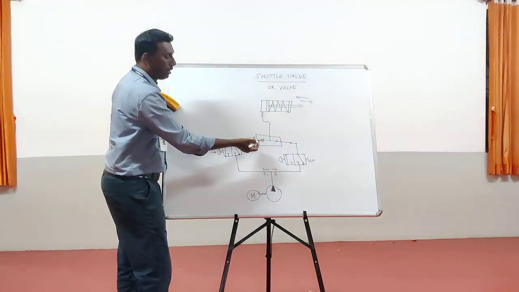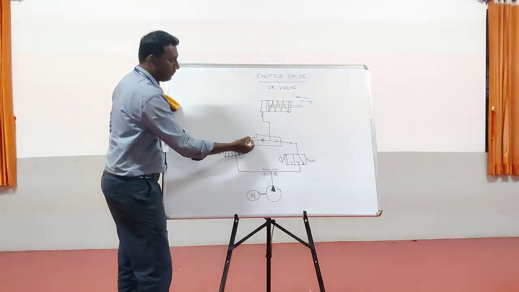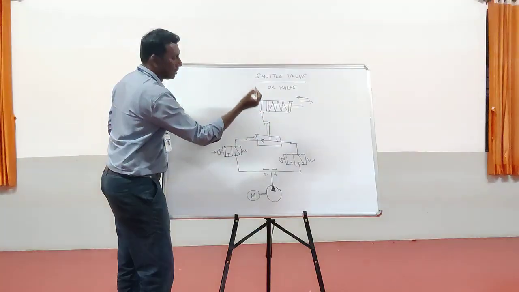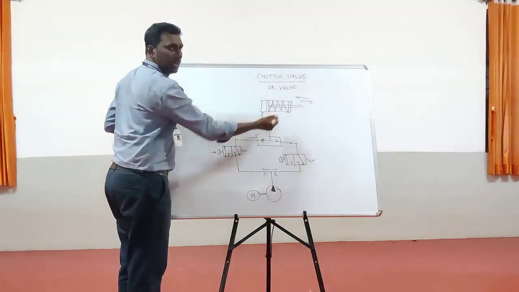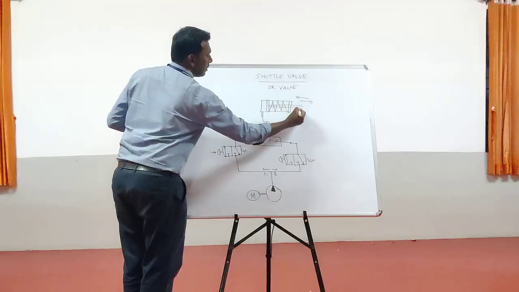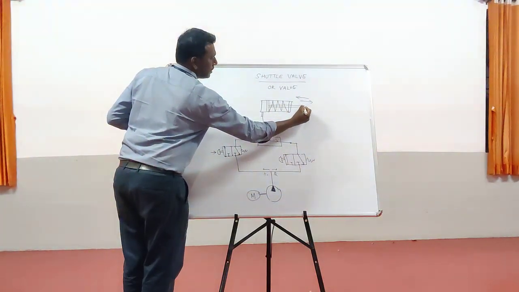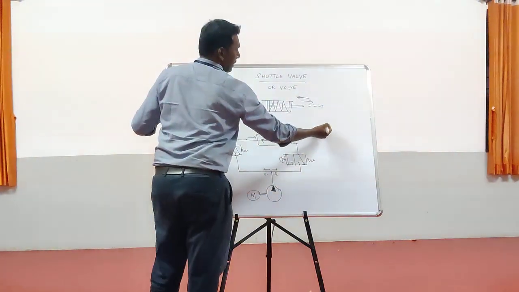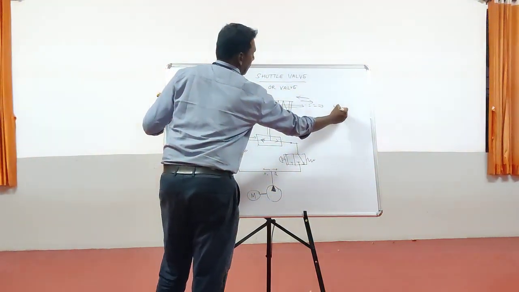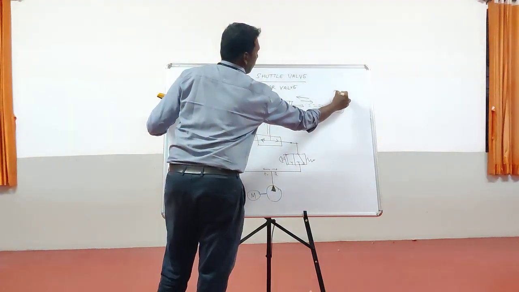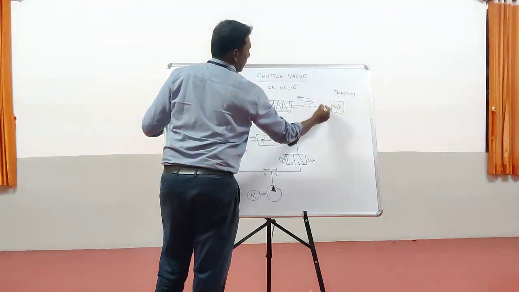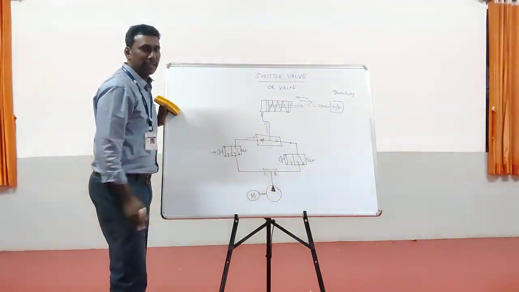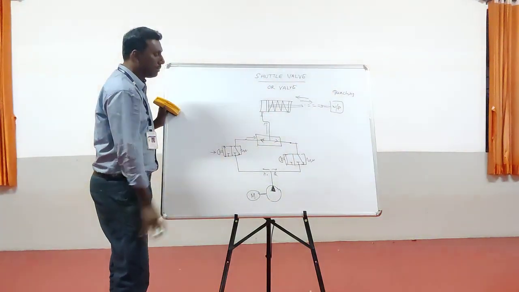Afterwards, as I already explained in the mechanism of the shuttle valve, when the fluid enters, the float valve goes to the other end, the fluid floats here, the output is enabled, and the cylinder's piston extends. Here we place the workpiece for punching operations. Punching operation means here we are going to punch the workpiece like that. The operation has to be carried out. So this is a simple mechanism.